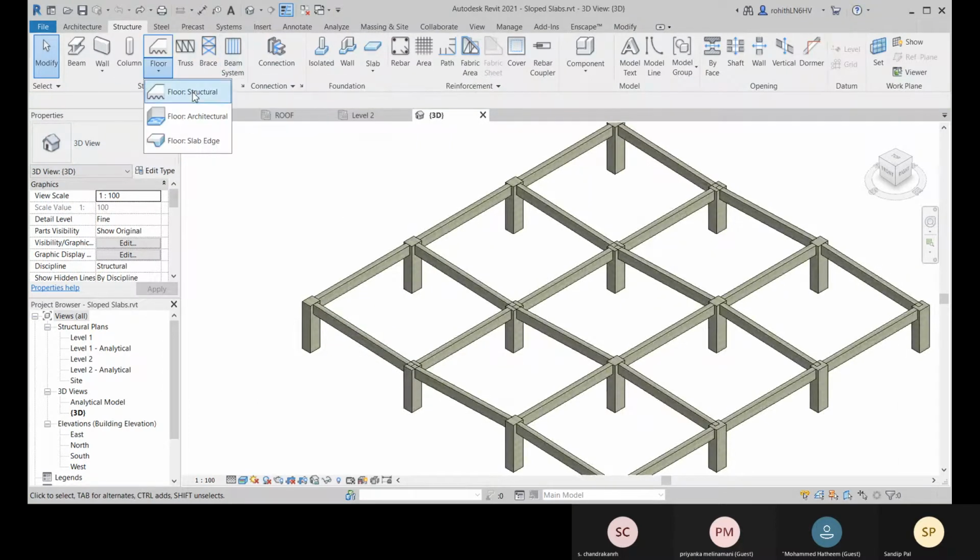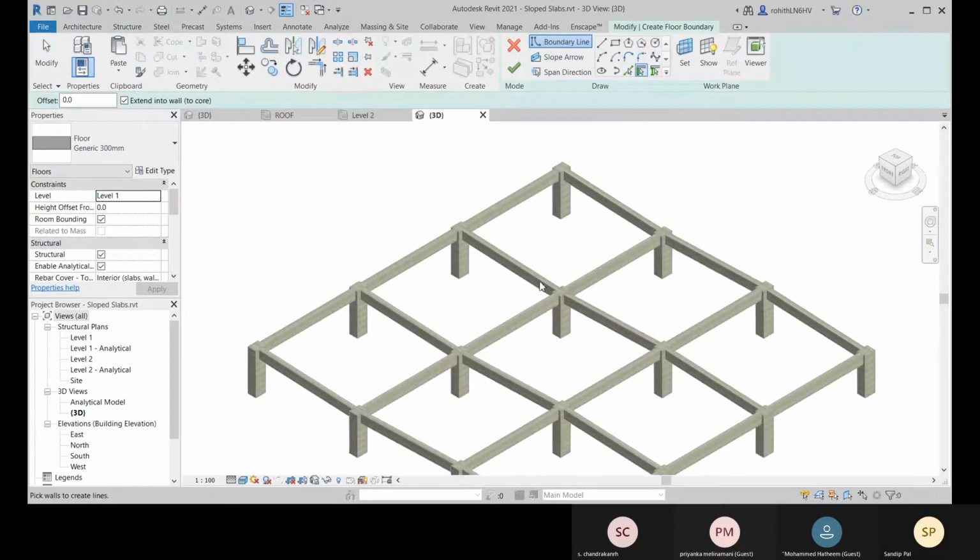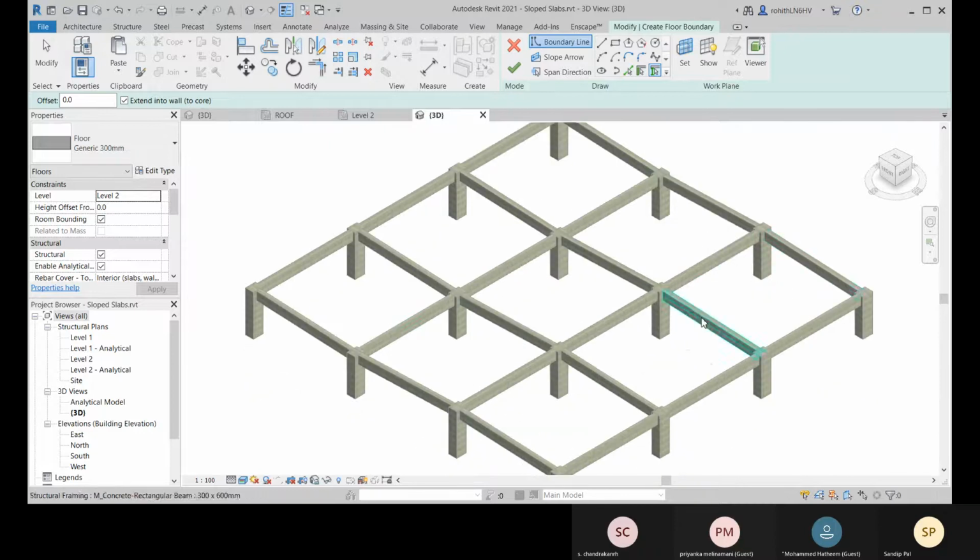You go for floor, structural, and you pick support. So you have the support. Make sure the level you select is level 2. You can come to its level 2 plan, and there you also can do it. I'm showing you so that you can understand better.